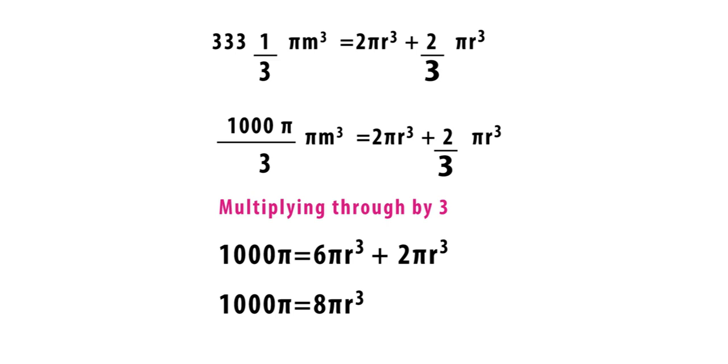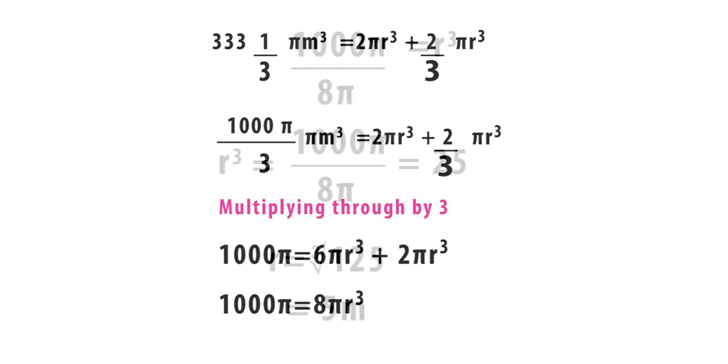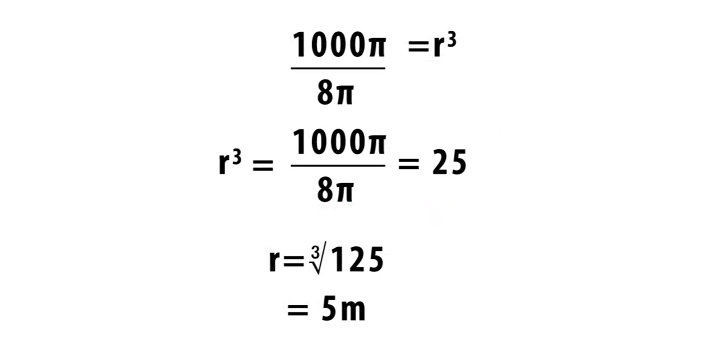If you simplify both sides, then you have 1,000 pi divided by 3 to be equal to 8 over 3 pi r cubed. You agree with me that the 3 will cancel out, so you have 1,000 pi equals 8 pi r cubed. We are looking for r, so we divide through by 8 pi. And that means we have 1,000 pi divided by 8 pi to be equal to r cubed. And that will give us r cubed equals 125. Therefore, r is the cube root of 125, and that is 5